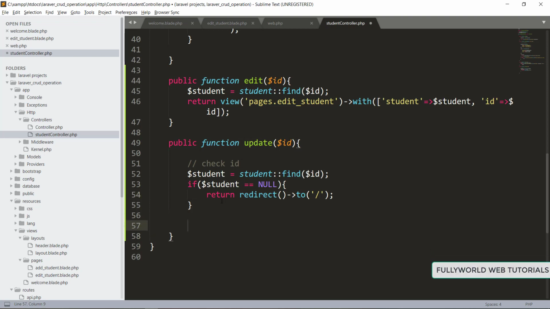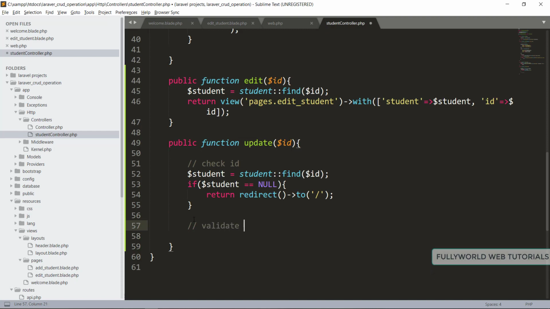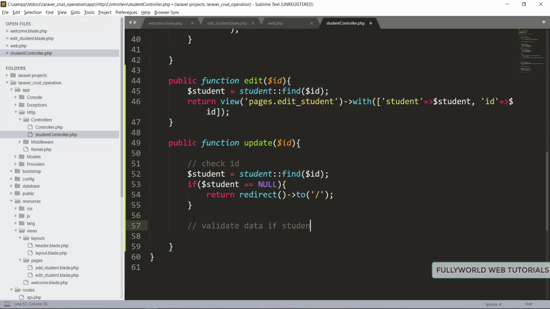Else, if the student is present here, then we will validate our data. Validate data if student is present. So now let's validate it.